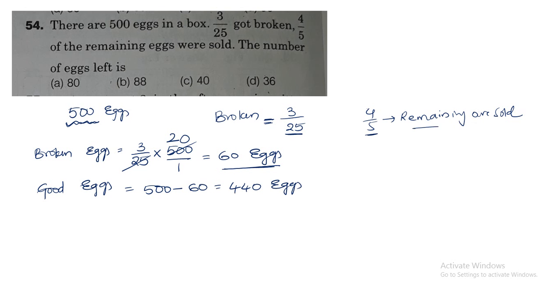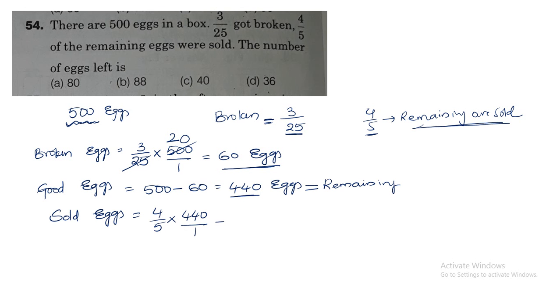So the remaining eggs are this 440, my remaining eggs as per the question. Now 4/5 of remaining eggs are sold means, I am going to write the sold eggs. So sold eggs is equal to 4/5 of remaining, so 4 by 5 into